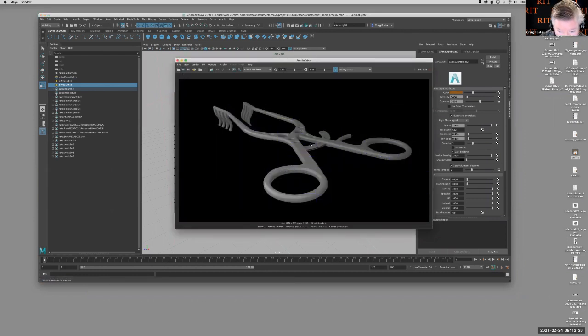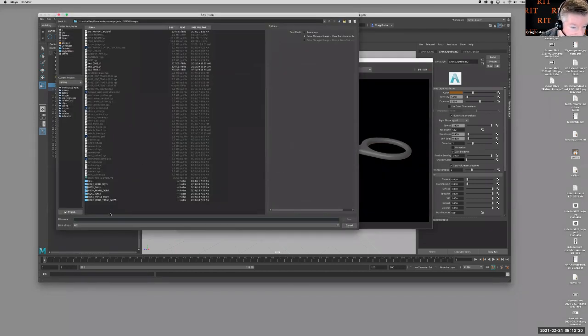Okay, now you're getting just a little bit of reflected light coming up in here, which should be helpful as we move forward. So we're going to save this image here, let's say Arnold base,